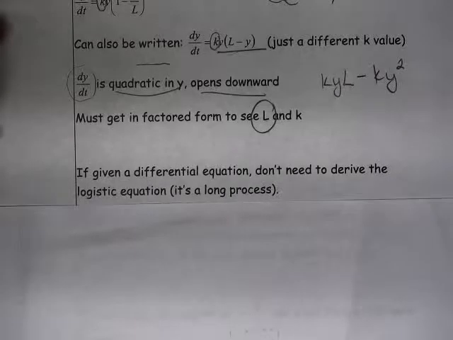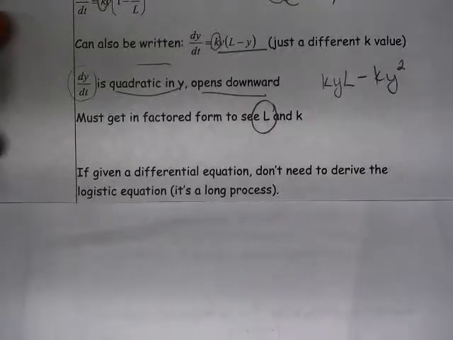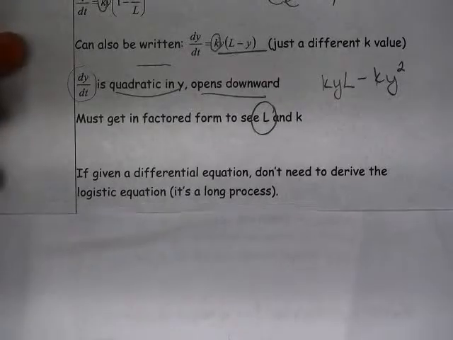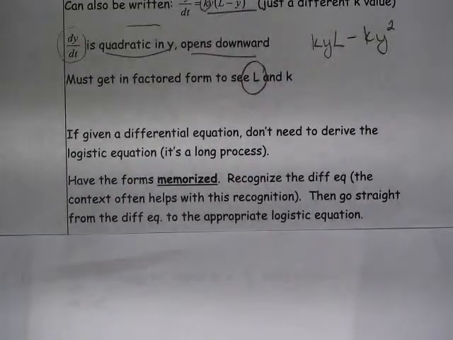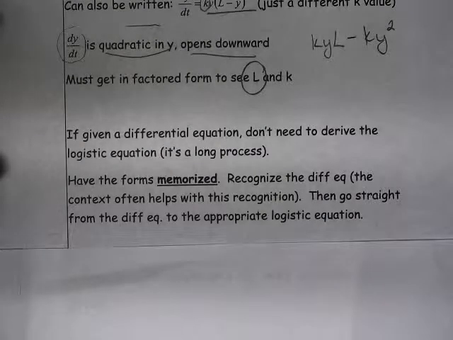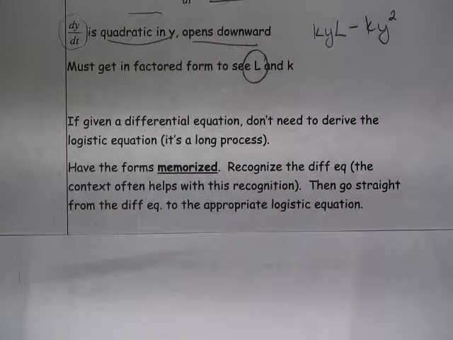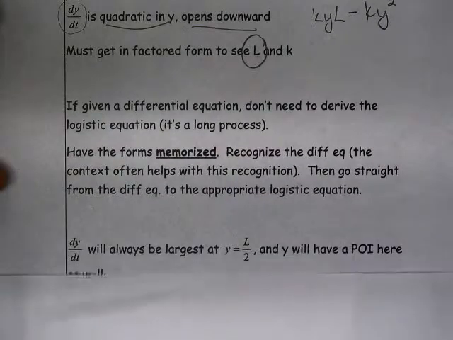So if we're given a differential equation, we don't need to derive the logistic equation as we did on the prior page. It's a long process. You don't have to take the time to do that. You have to have these forms recognized, go straight from the differential equation to the appropriate logistic equation, and be able to make the proper conclusions based on that. Okay,